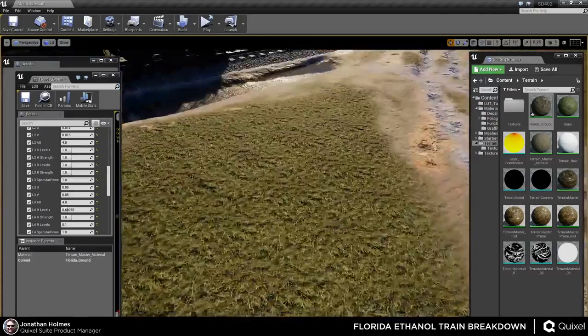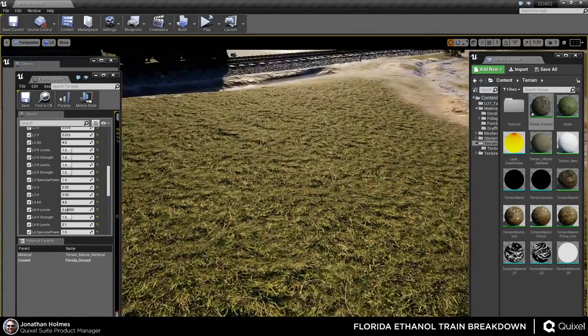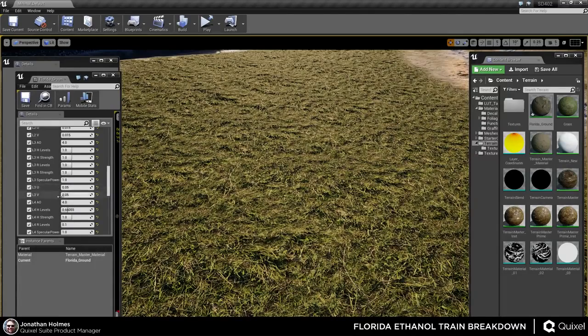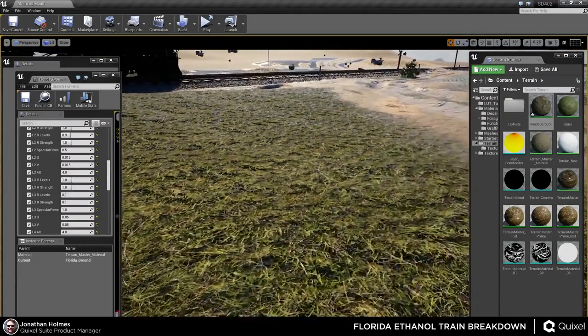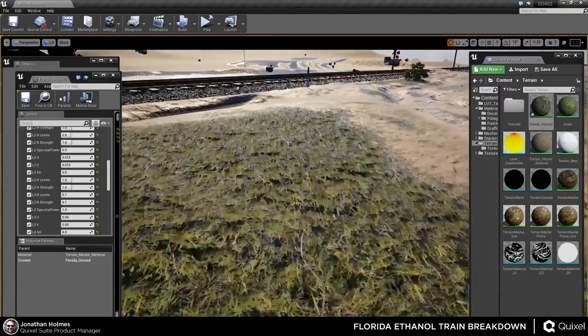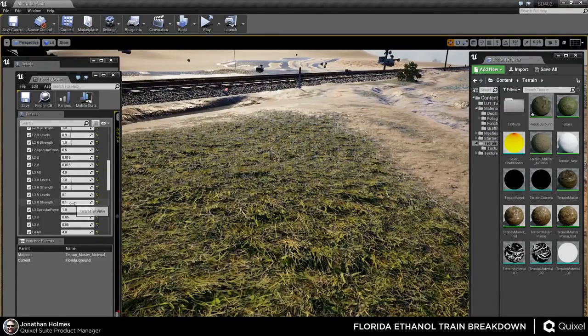Now let's see if the actual roughness will change now too, now that I've fixed that weird blending that we had a second ago. So yeah, now it's changing. It was the dirt overriding everything else. That's what it was. So you can see the roughness in the background changing. That grass looks super shiny. So if we change that back to where it was,